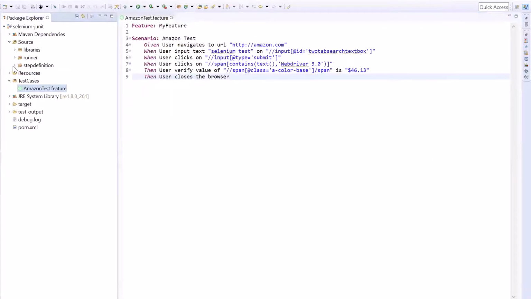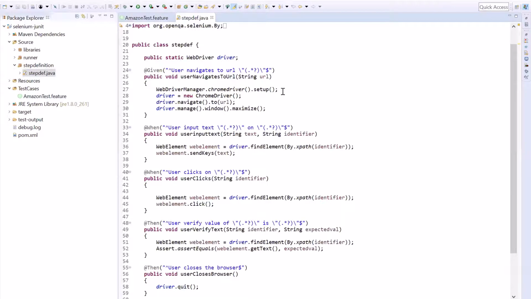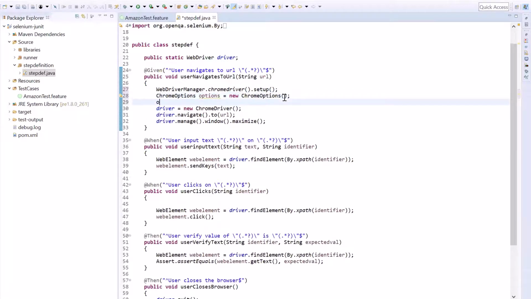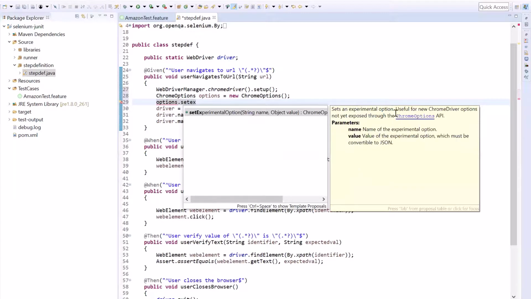Now the next thing we have to perform is to pass the port number in the Chrome driver object. To do that, first create an object of ChromeOptions: options equals to new ChromeOptions. And then type options dot setExperimentalOption method.